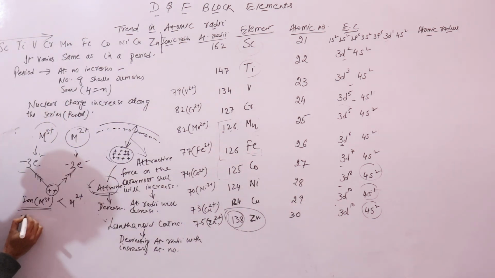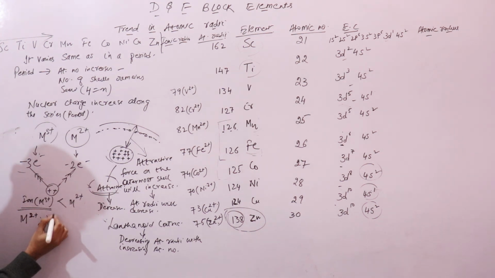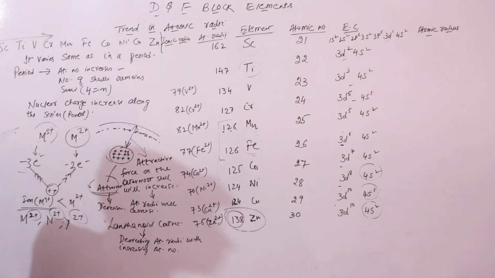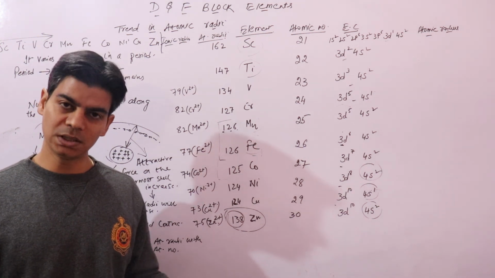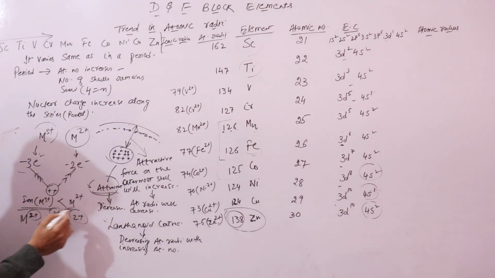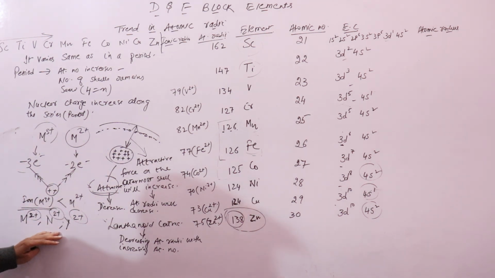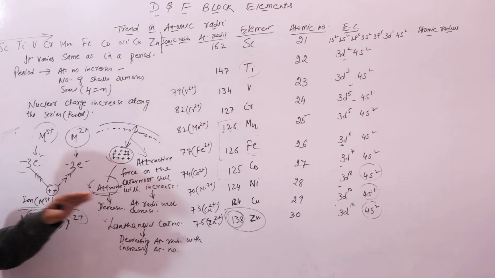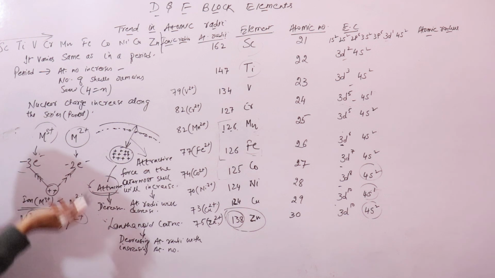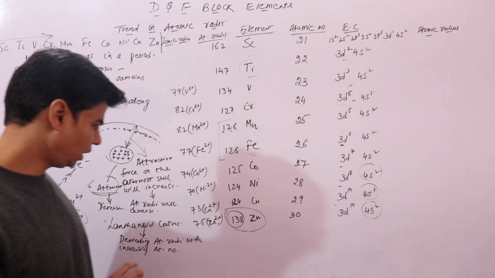And for the same oxidation state, let's say you have M2+ ions, N2+ and say Y2+, the oxidation state remains the same and your atomic number increases. When the atomic number increases, the nuclear charge will increase, right? So when the nuclear charge increases, the radii will decrease, right? So for the same oxidation state, with increasing atomic number, the ionic radii will decrease. And for ions in different oxidation states, we have already discussed, right? I hope this is clear.